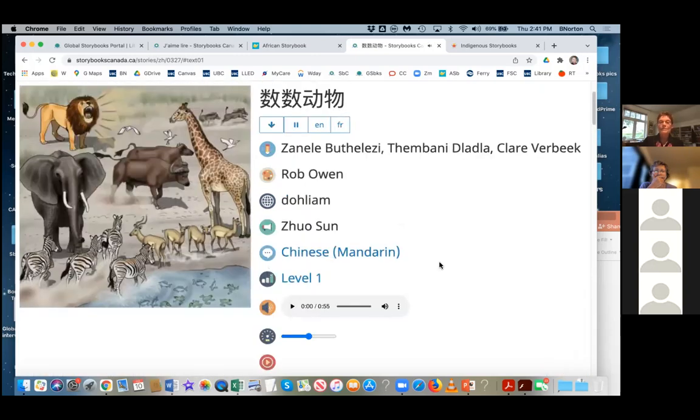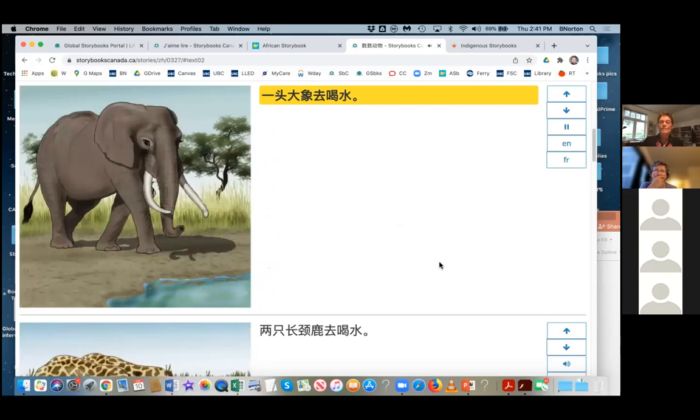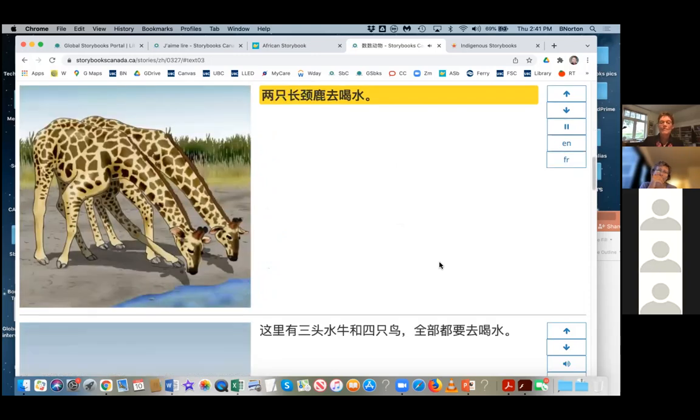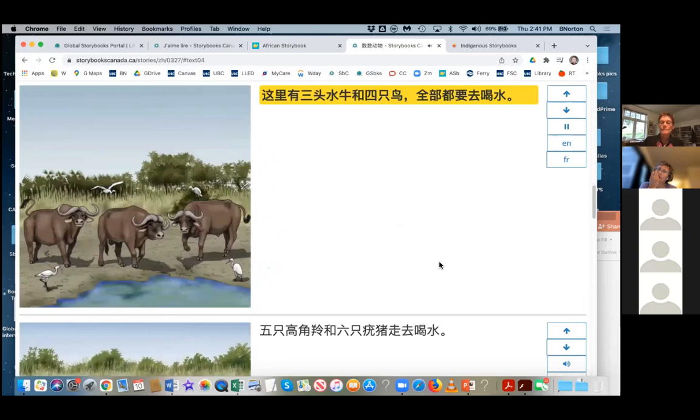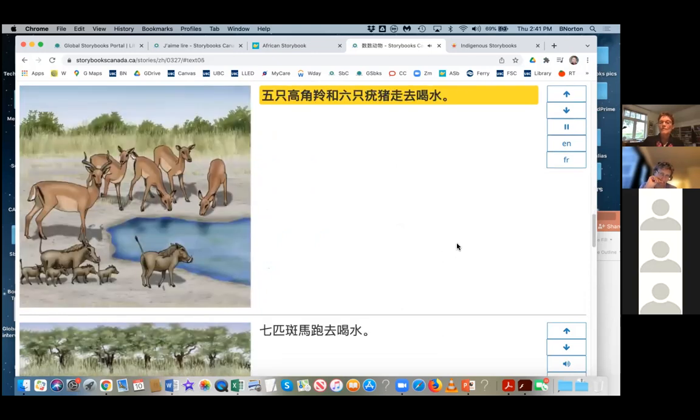数数动物，一头大象去喝水，两只长颈鹿去喝水。这里有3头水牛和4只鸟，全部都要去喝水。5只高脚羚和